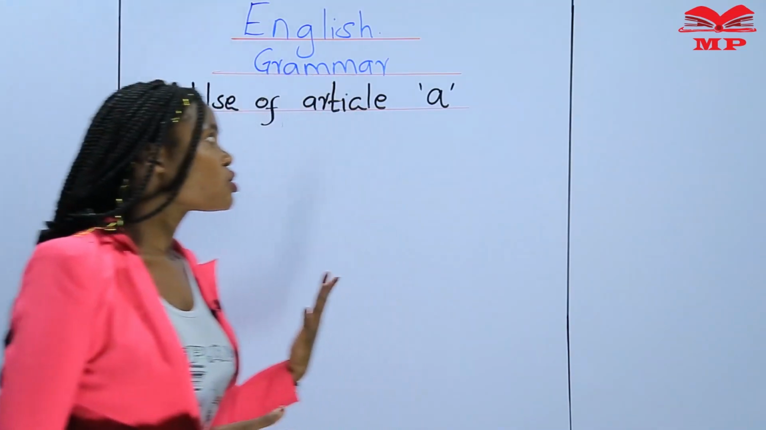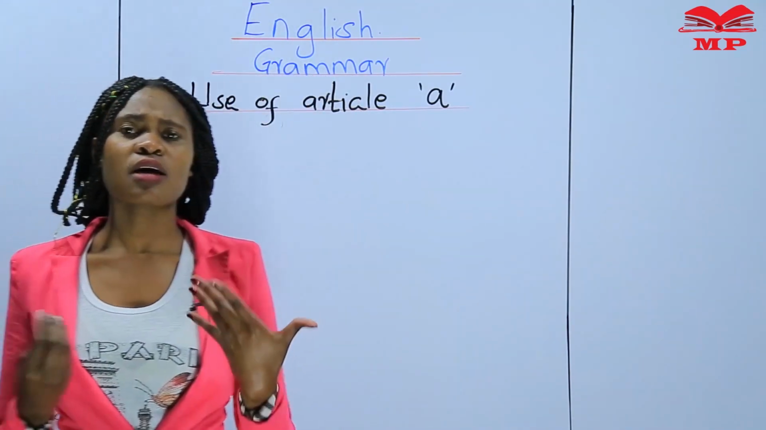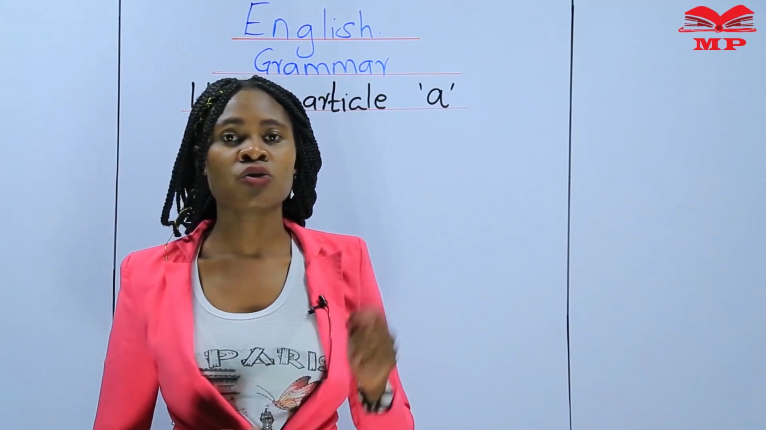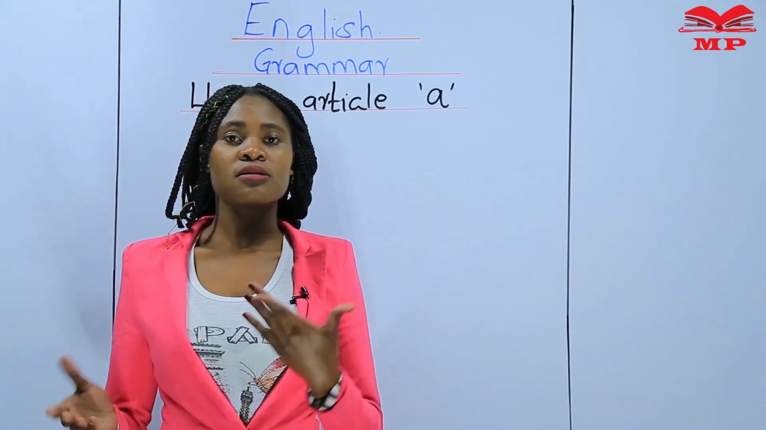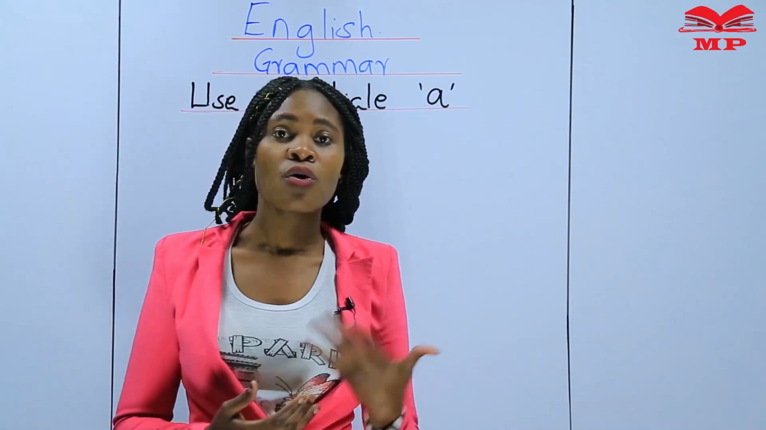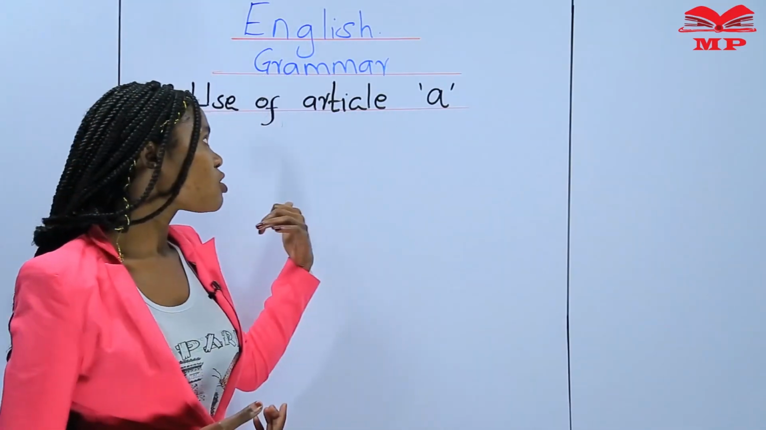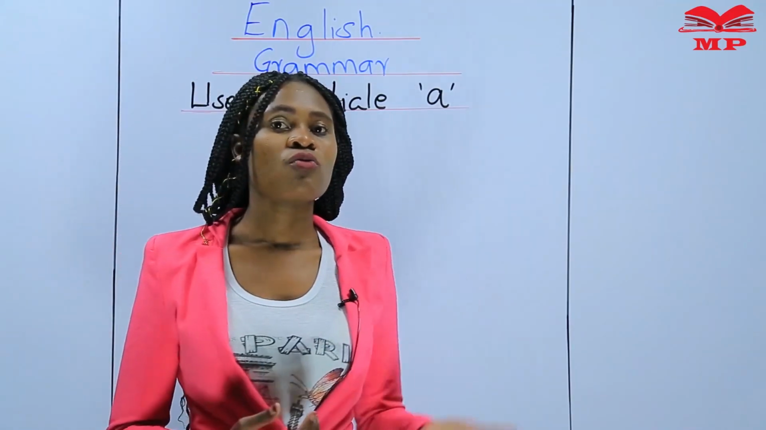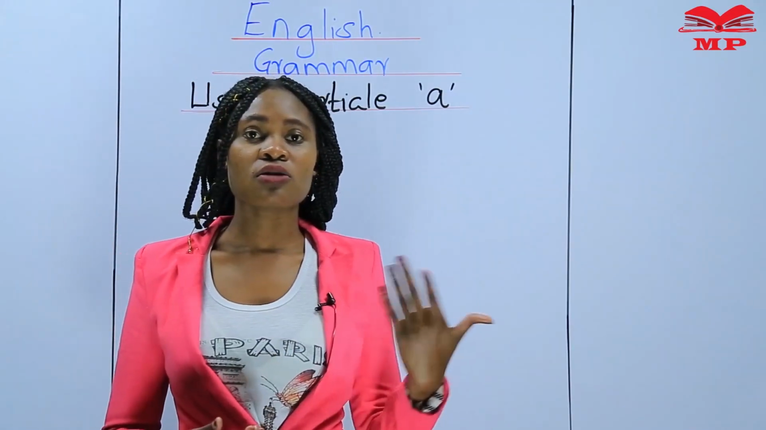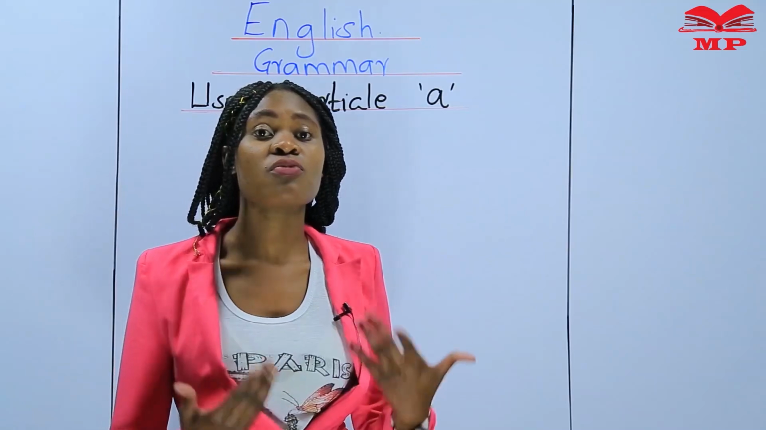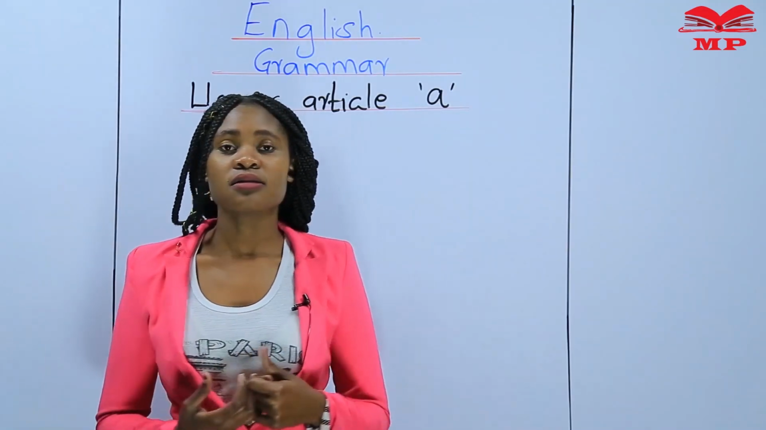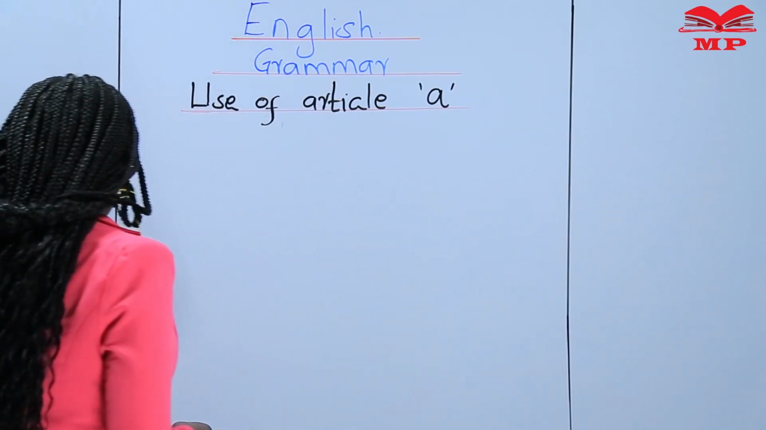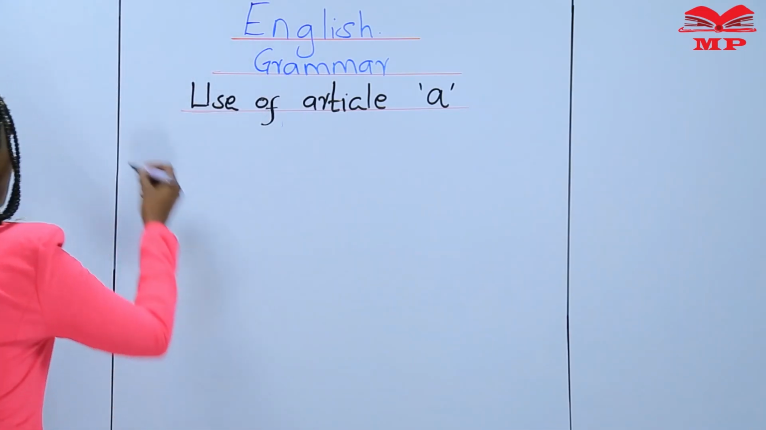Now, in our previous lesson, we said that an article is a word that helps to add meaning to a noun. And with article a, it is only used with words that start with a consonant sound. Article a is used before words starting with a consonant sound. So I'm going to write it. Article a